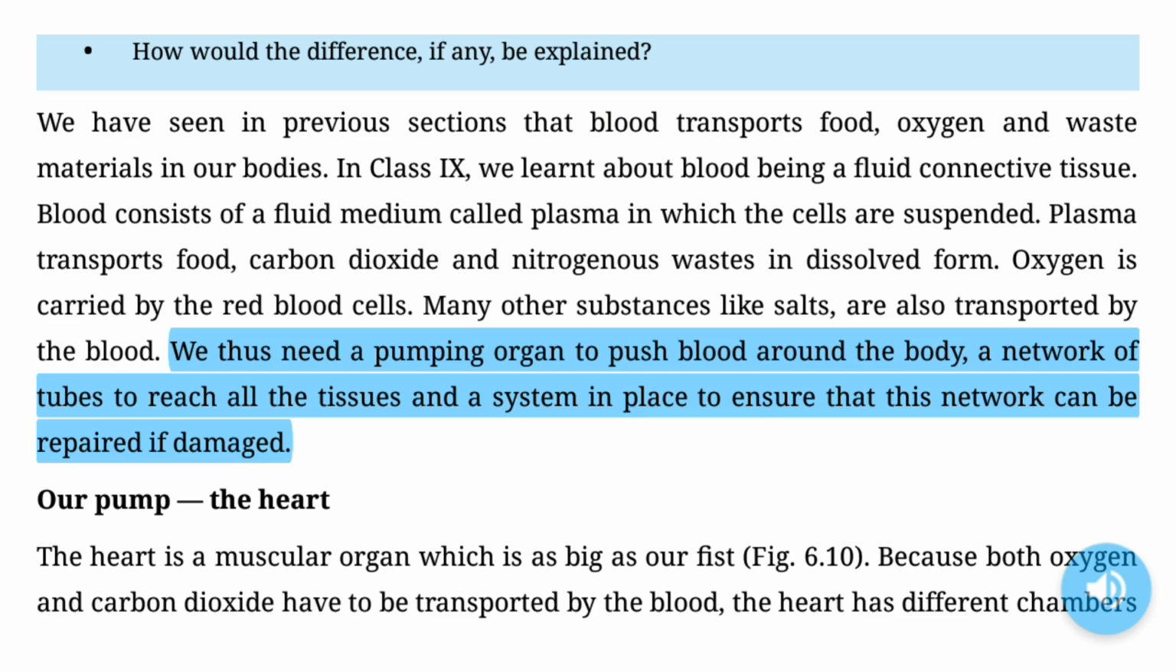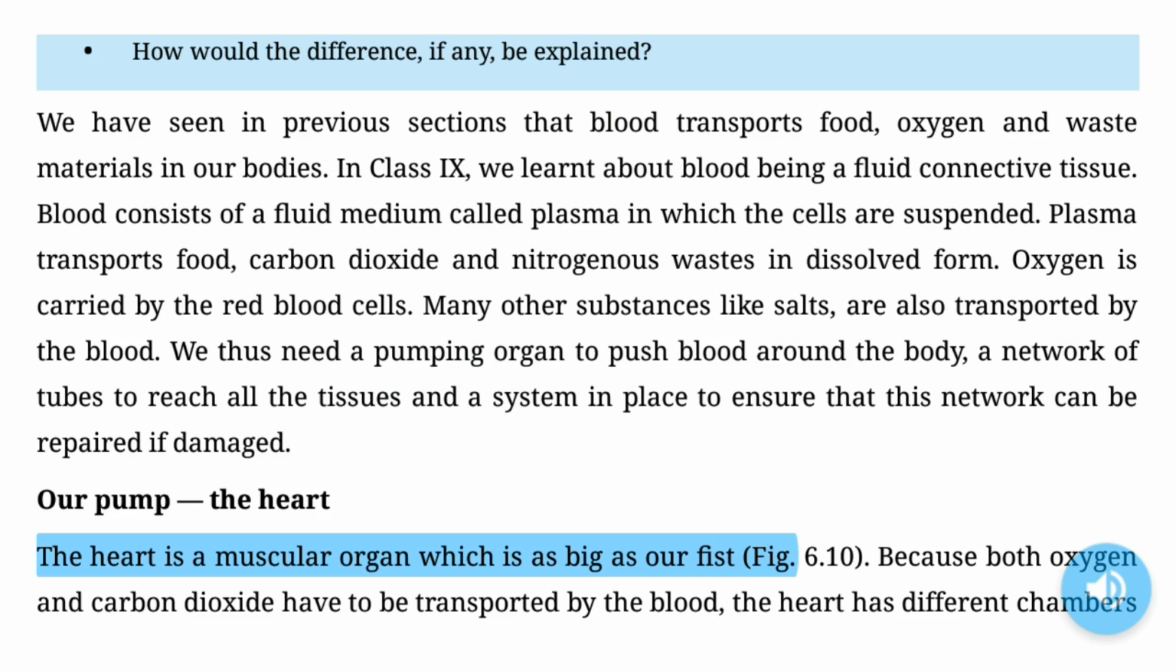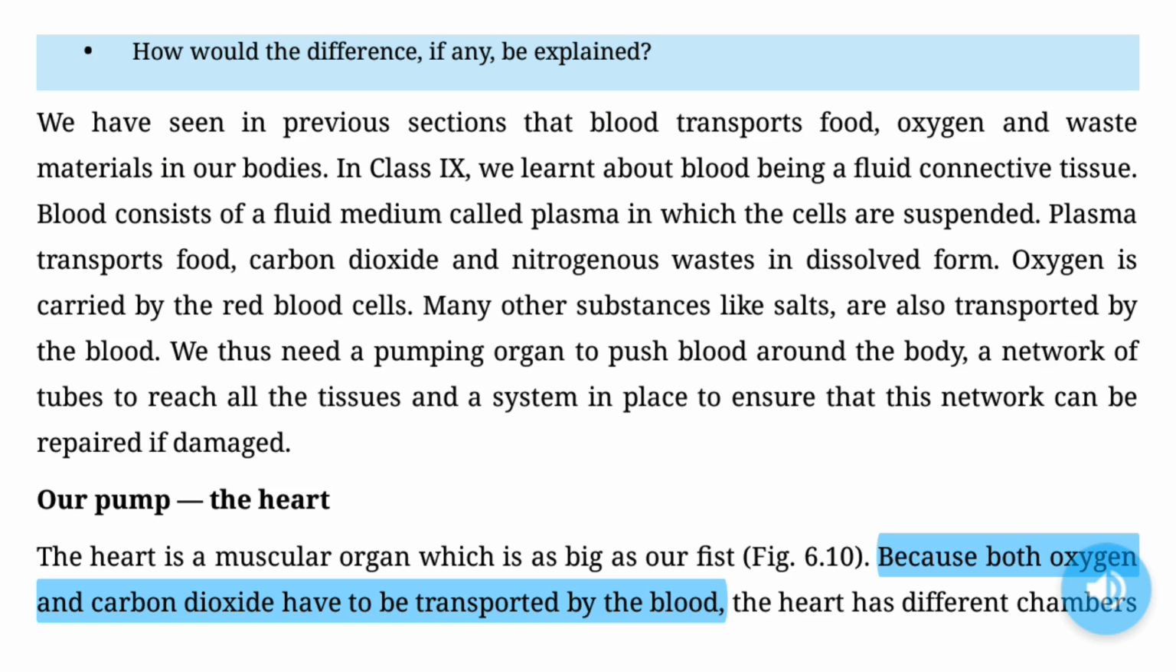We thus need a pumping organ to push blood around the body, a network of tubes to reach all the tissues, and a system in place to ensure that this network can be repaired if damaged. Our pump, the heart. The heart is a muscular organ which is as big as our fist. Fig. 6.10. Because both oxygen and carbon dioxide have to be transported by the blood,